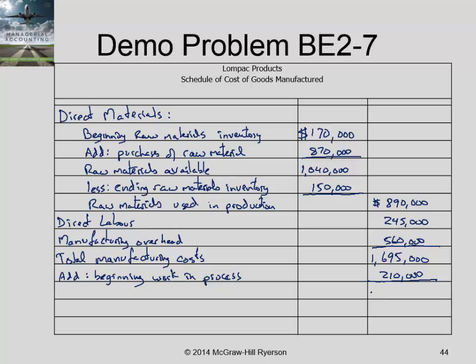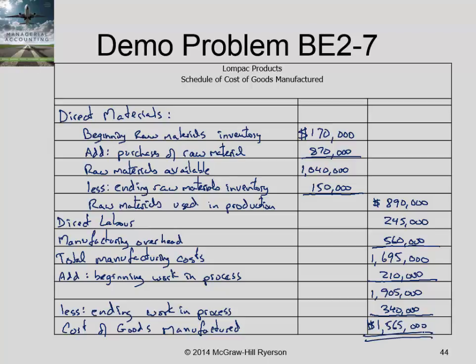So that is 1,905,000, less ending work in process, which was 340, and that gives you the cost of goods manufactured at 1,565,000,